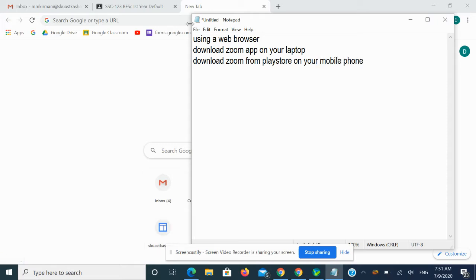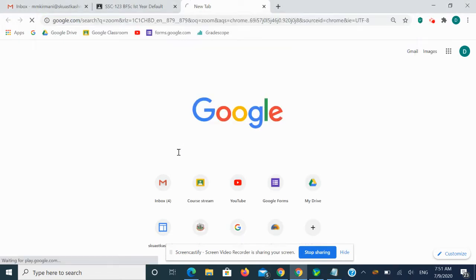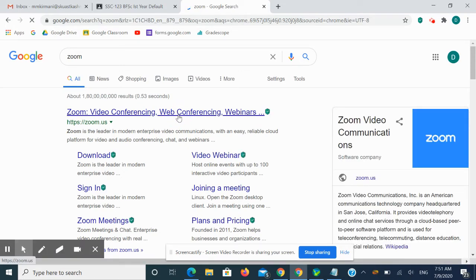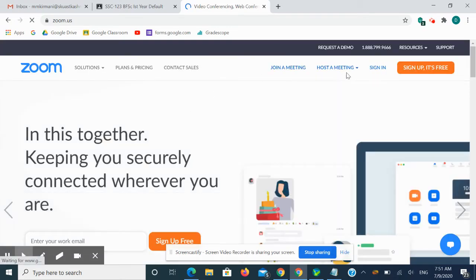If I want to install Zoom, I'll simply write Zoom in Google and you will get the website of Zoom, and once you click on that, you can directly go ahead with joining a meeting, signing in, then joining a meeting.